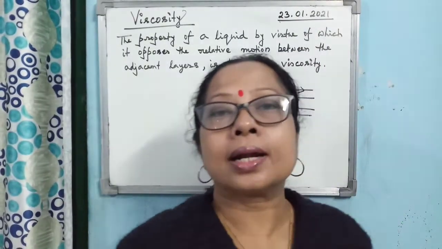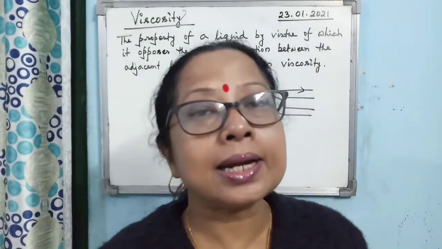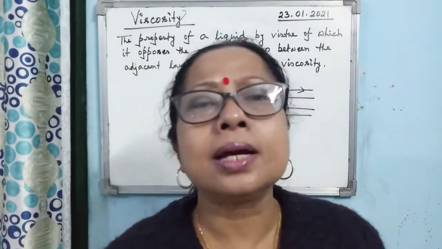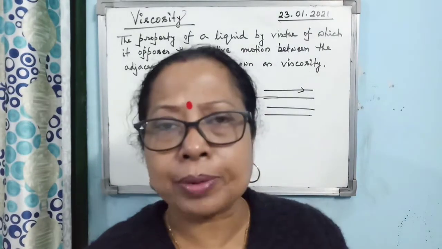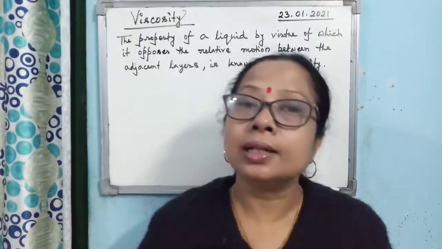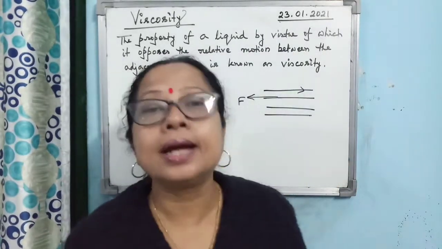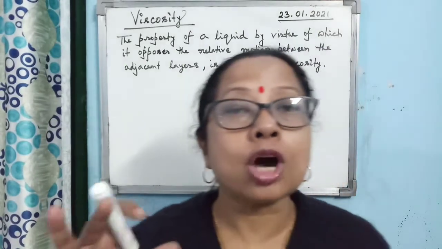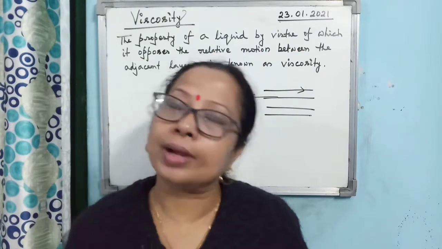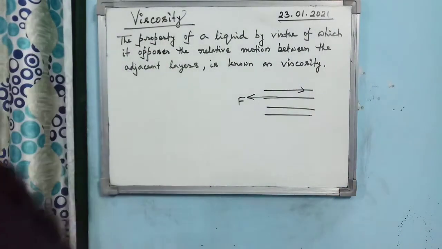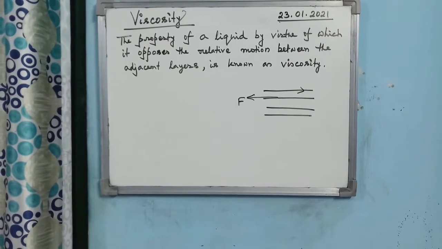The same reason applies if you consider cloud particles. Why do they float? Why is the cloud, under gravity, not coming down and settling on earth? It is not happening, no? Why? This is the cause: the viscous force of the air exerted on the cloud particle stops the cloud from coming down under the effect of gravity. So these are all examples of viscosity or viscous force in our day-to-day life.